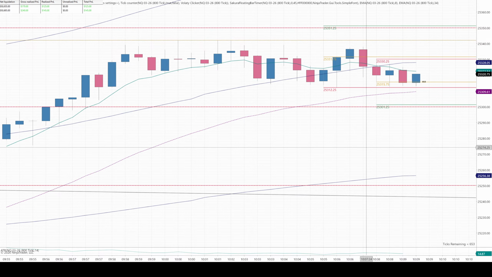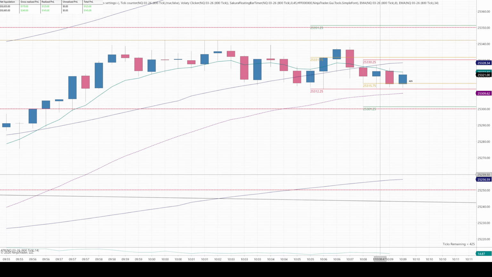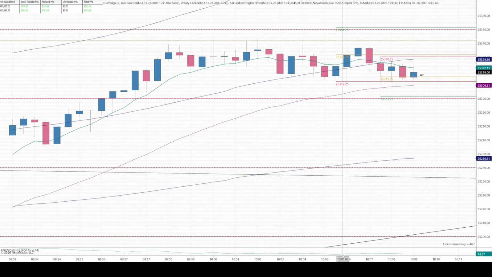But I don't know. I'm just trying to take higher quality trades, because what's gotten me in trouble the last 3 or 4 days is I've been taking a ton of mediocre setups, and it has added up. And it has just put me in a really tough spot. So I'd rather just wait for higher quality trades.